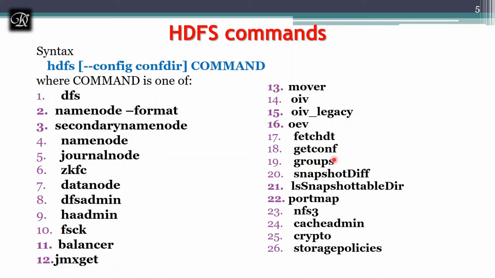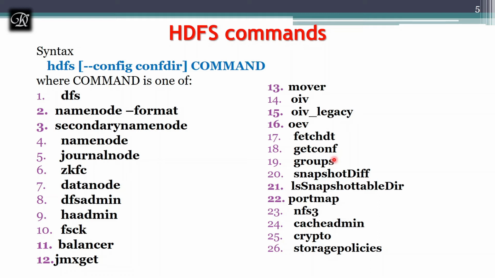Groups gets the groups which a user belongs to. You remember we have discussed name node federation in the previous video. I told we can put certain users who belong to marketing in one group and who belong to development in another. Those people can be segregated, isolated. That groups you want to know. So for that we are going to use this groups command.